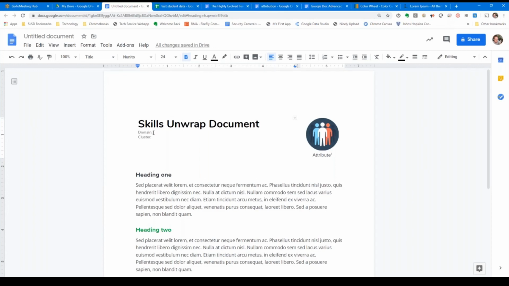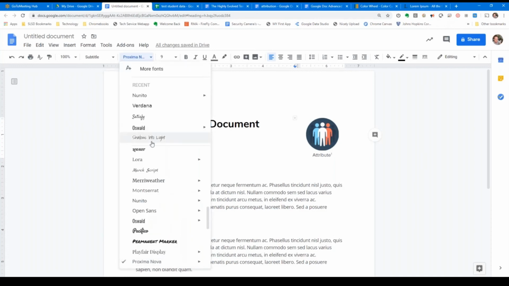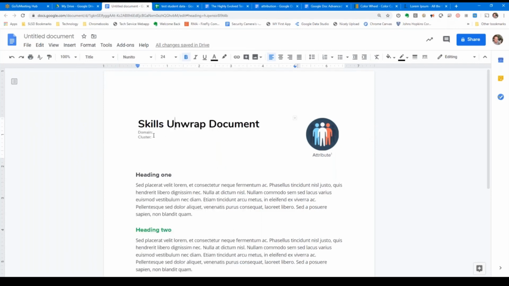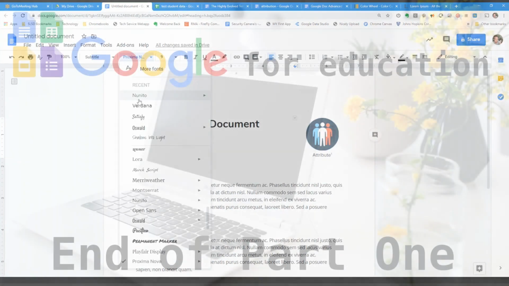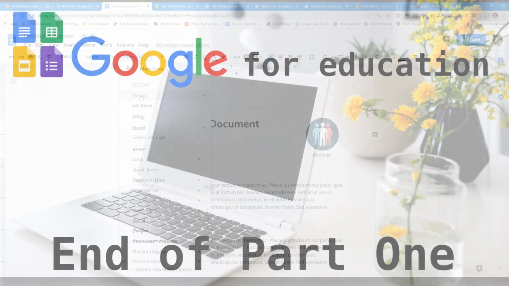Now, here's the subtitle, and I'm going to use that same font. What was that font called? Nunito. So I'm going to go up here. Oh, it's in my recent fonts list. So I'm just going to change